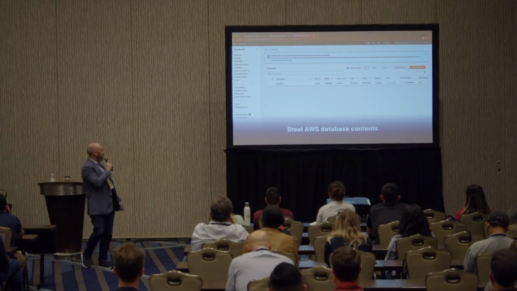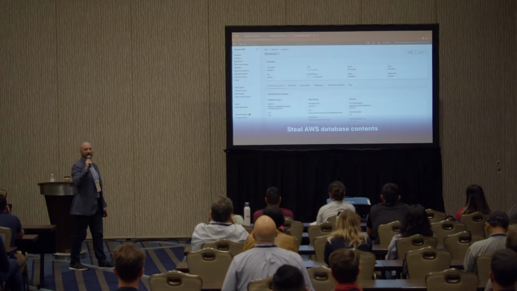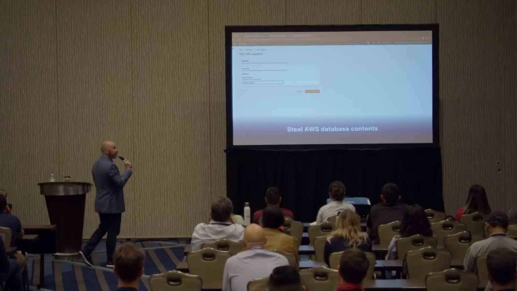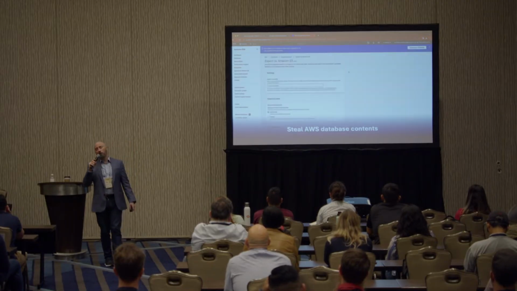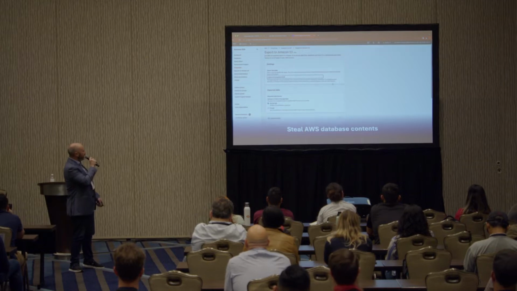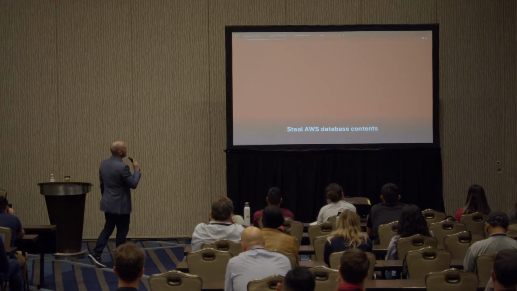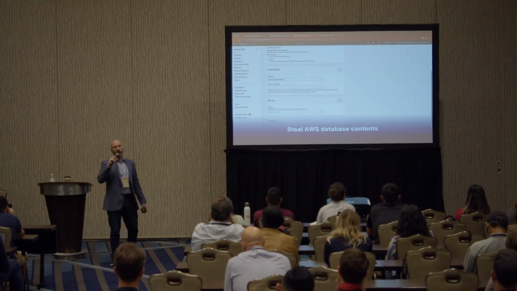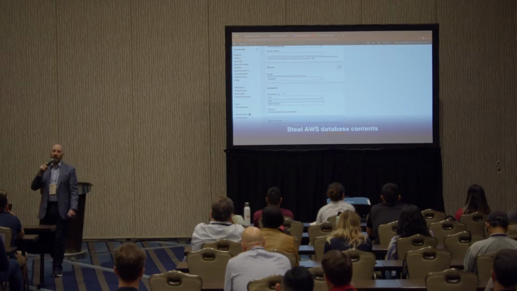So I find a database. You can see here, database 1. It's got sensitive data in it. I can do this for every single one. What I'm going to do is create a snapshot of that database, a backup snapshot. And Amazon gives you the ability when you create a snapshot to send that snapshot to an S3 bucket. So that's exactly what I'm going to do. I'm going to export my database snapshot, the copy of the database that I just made, to an S3 bucket. And then I do the exact same thing. I can make that bucket public, and I can steal all the data within it.